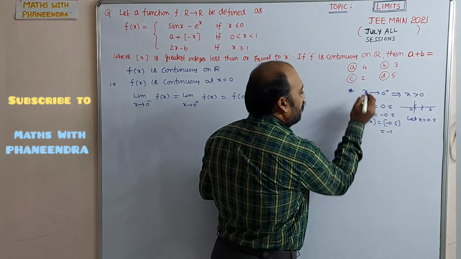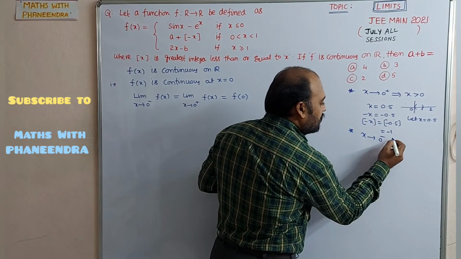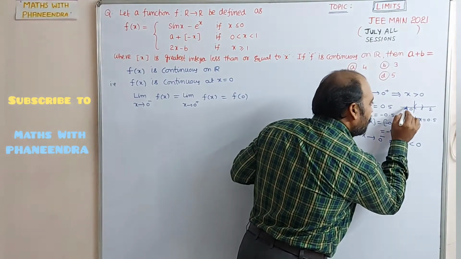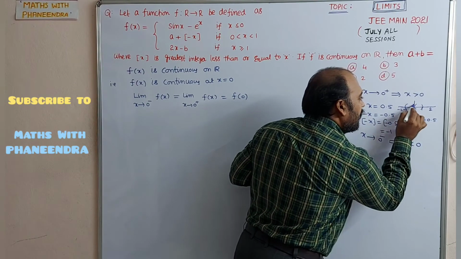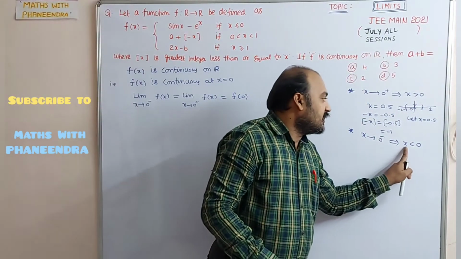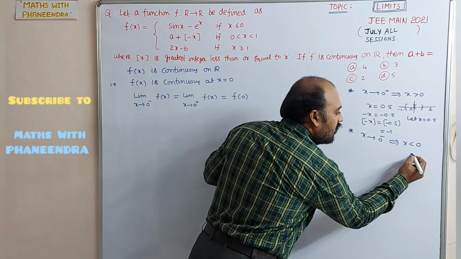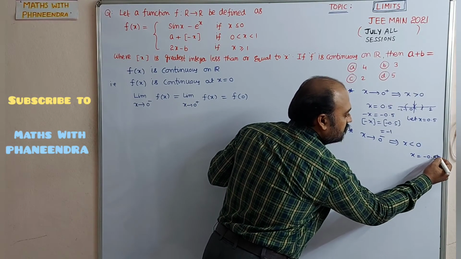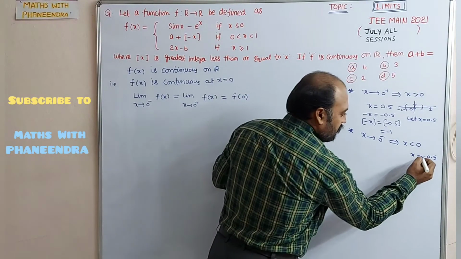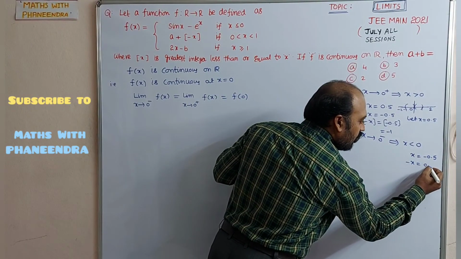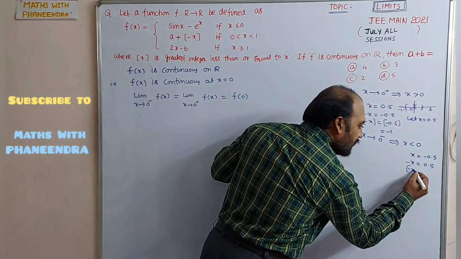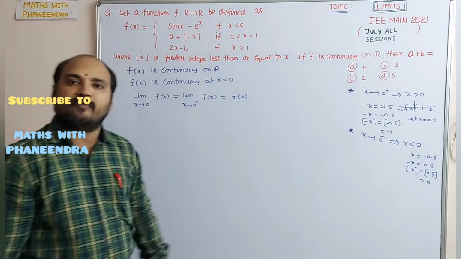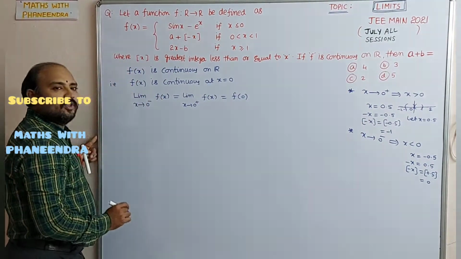And one more, x tends to 0 minus, x is less than 0. x is less than 0 means on the real number line, this is minus 1, minus 2, in between minus 1 to 0 it will be. x value we can take as minus 0.5, like this you can take. So minus x is equal to 0.5. Step of minus x, step of 0.5, is equal to 0. Step of 0.5 is 0. Now one by one we will do it.